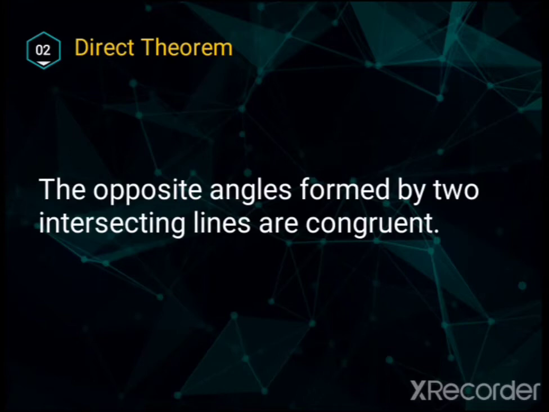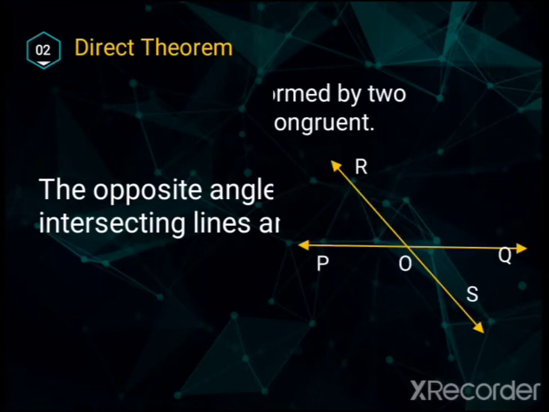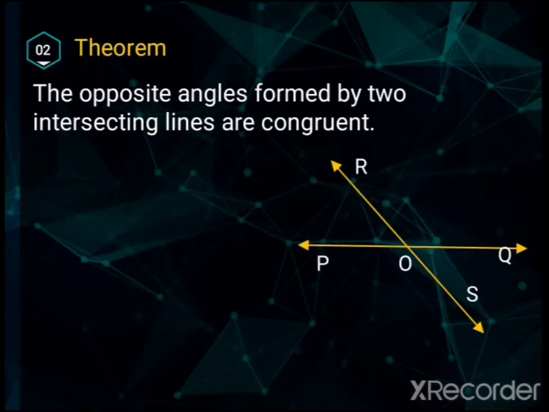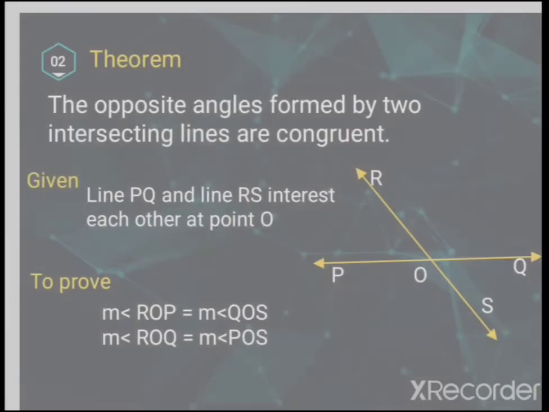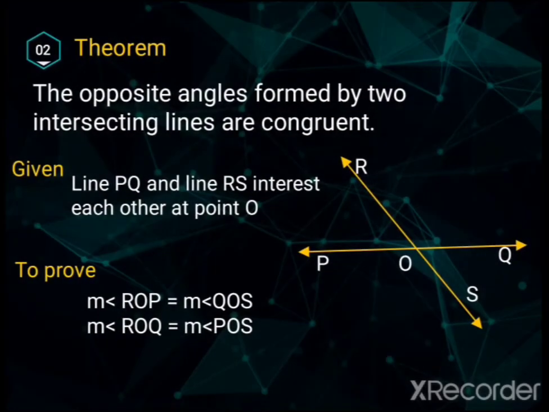To prove this statement, we require one diagram. So this is the diagram. In this diagram you can see line P and line Q intersect each other at point O. So this is our given point. To prove its opposite angles, these two intersecting lines create four angles. Out of that,